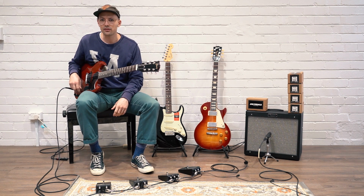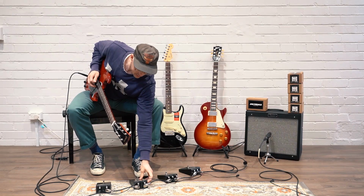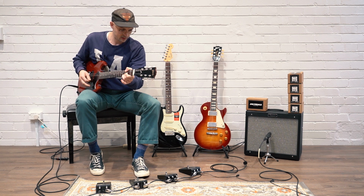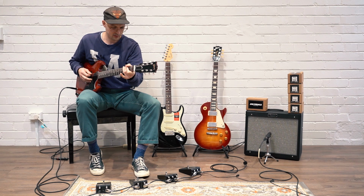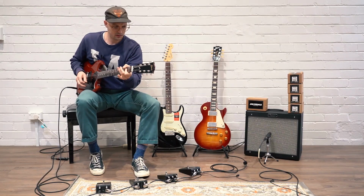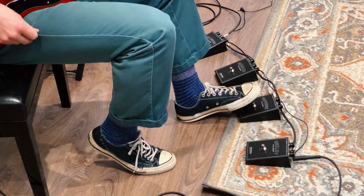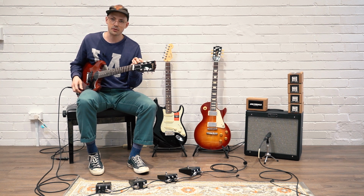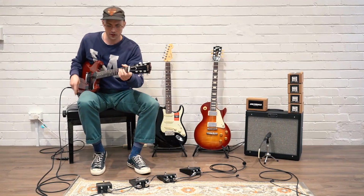This Supreme has 2 switches on the side. We'll see what mode does. Sounds awesome. So the mode switch seems to just give you a little bit of a high-end boost and cut some of the lows when it's engaged. The other switch is a tone switch. So